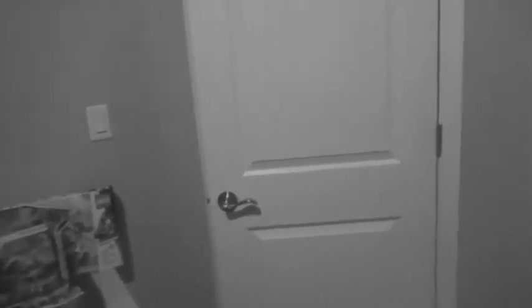I don't have a doorbell on that door. What in the world? What in the... An empty box for an Iron Man figure. Why is it empty? What the...